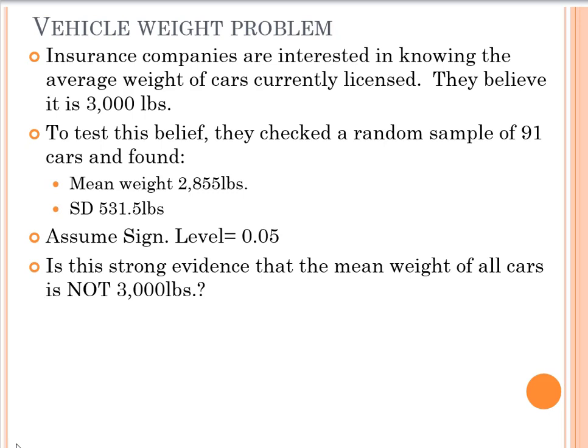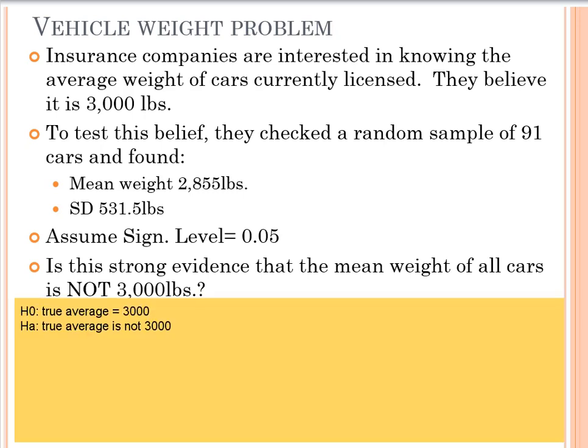a significance level of 0.05. That's going to be our level of evidence, and we want a p-value that's smaller than that in order to have a strong amount of evidence. The first thing that we want to do is set up the null and alternative hypothesis. What we're testing for is whether or not the average weight of cars is 3,000 pounds. So we're going to assume that to be true, and then we're going to try to find evidence against that